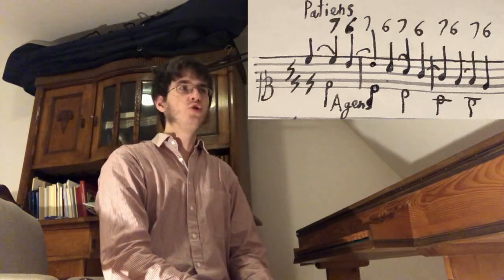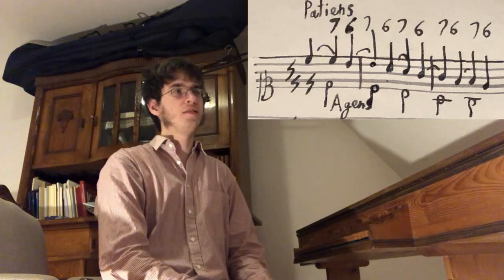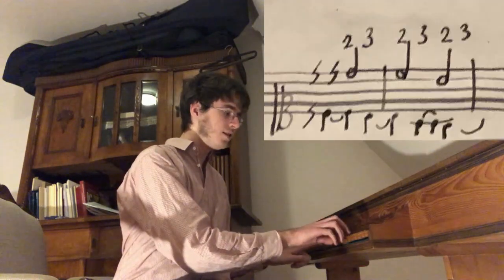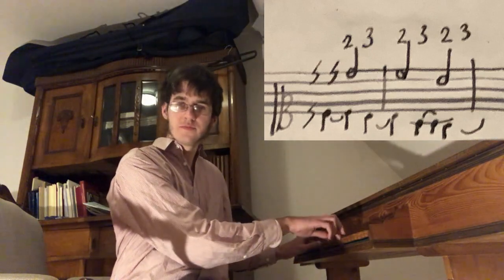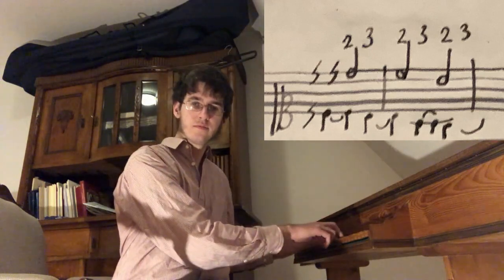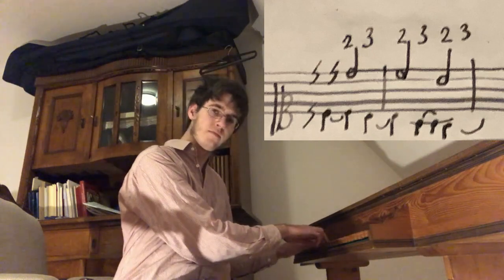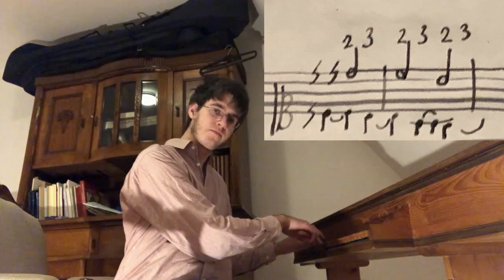Now, you could also have the syncopation chain in the lower voice. So C and then D, which is the second. Or, and now we might add a third voice, which makes